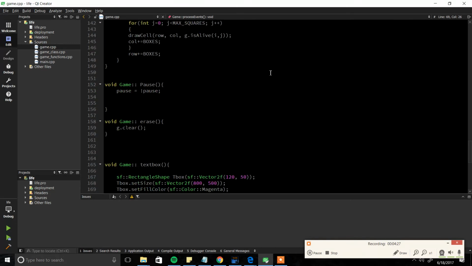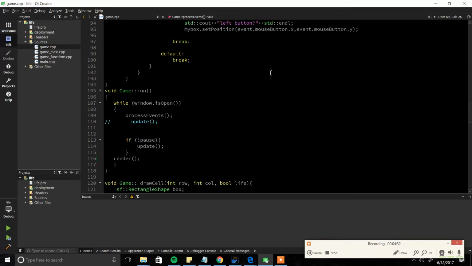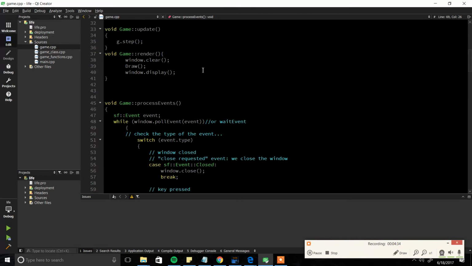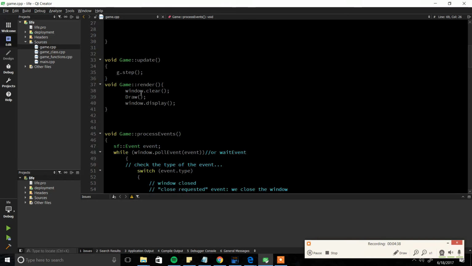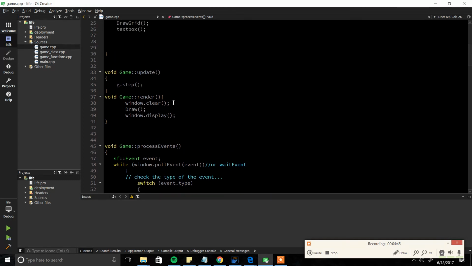So if we go just to, where are we going to next? We'll go to render, I guess. What render is doing is basically clearing the window. It draws, which is another function, and it displays it, right? Update, step, these are all lower-level functions that have to do with the Game of Life class, right? So this is basically makes the life and death of the